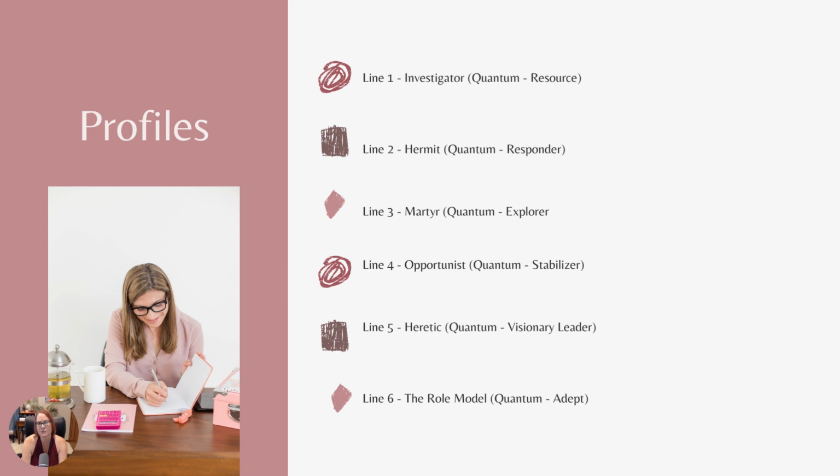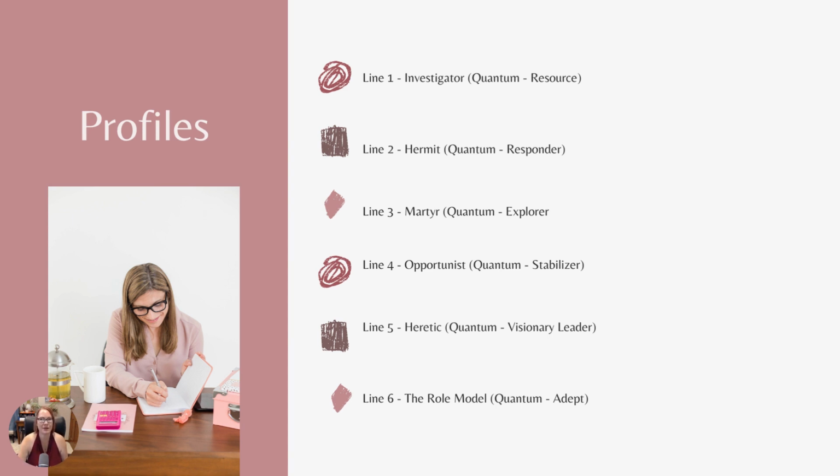Line four, the stabilizer. And I love this word, the stabilizer. I am a line four, but what it means is that we stabilize our community. So, like I said, this is an interpersonal line now, and this is about our community, our family, the people around us. We stabilize. We are all about safety and security. The issues were to almost an extreme at times. We have to have control.